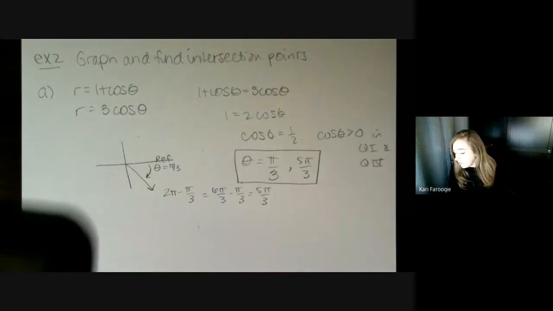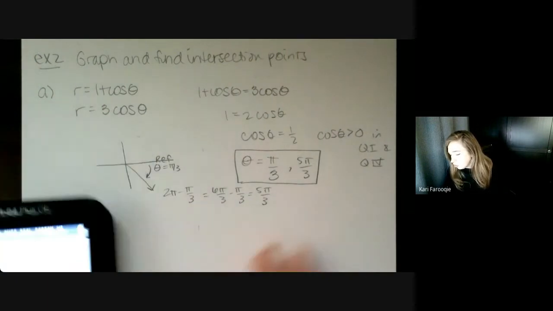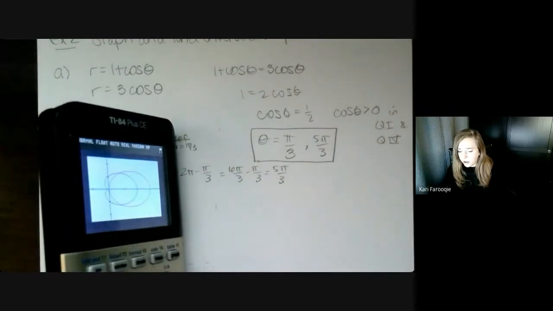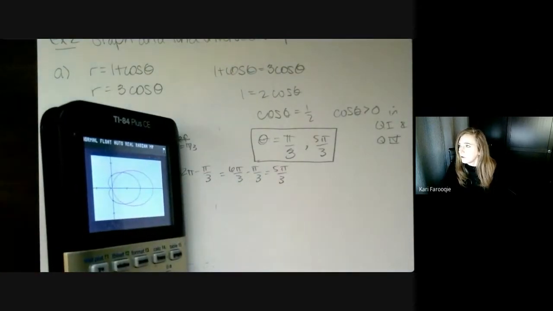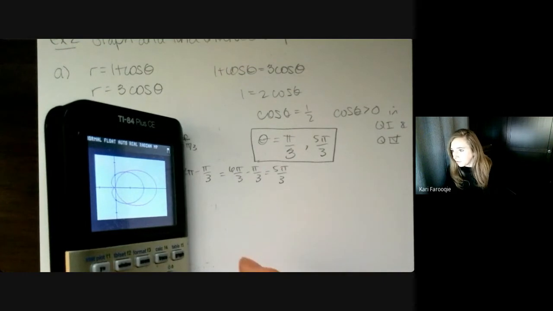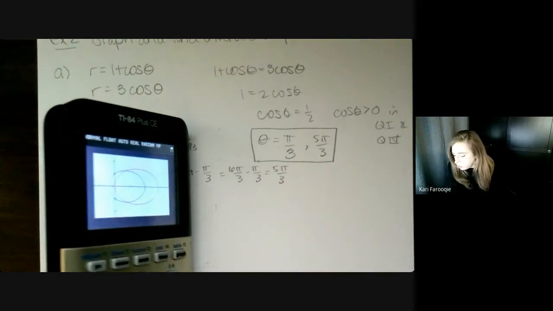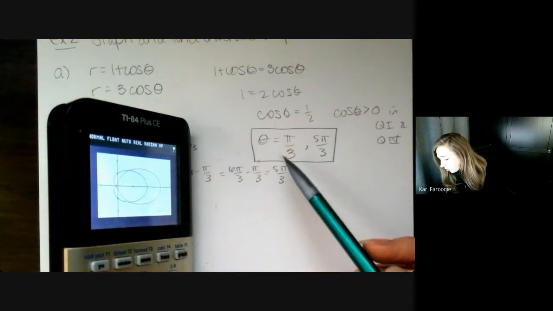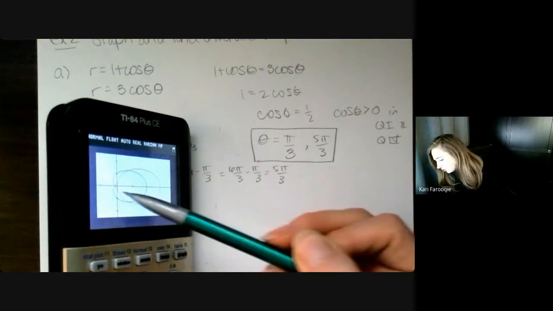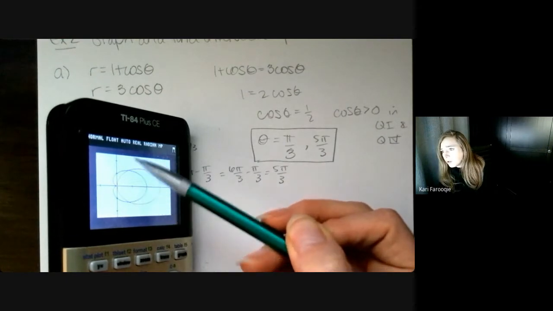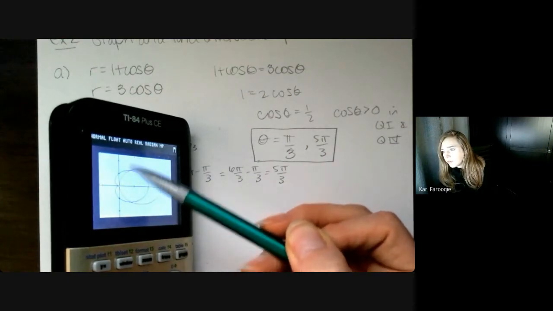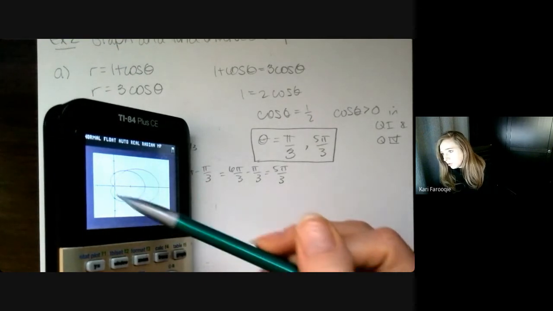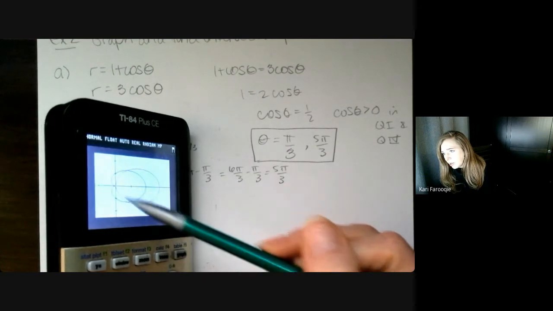And like I said, sometimes that value at the pole is not going to show up. That's why it's really important to verify that on your graph, just due to your theta angles for your equations. But notice that your first intersection value for pi over 3 is this radial line that goes up through here and hits at that intersection point. And then the one in quadrant 4 is 5 pi over 3. So same angle as a reference angle, but now in quadrant 4.